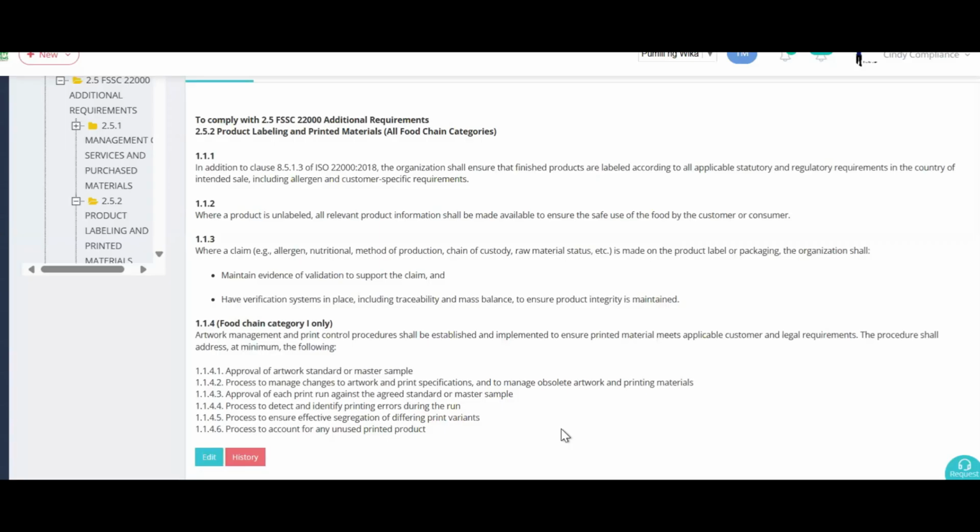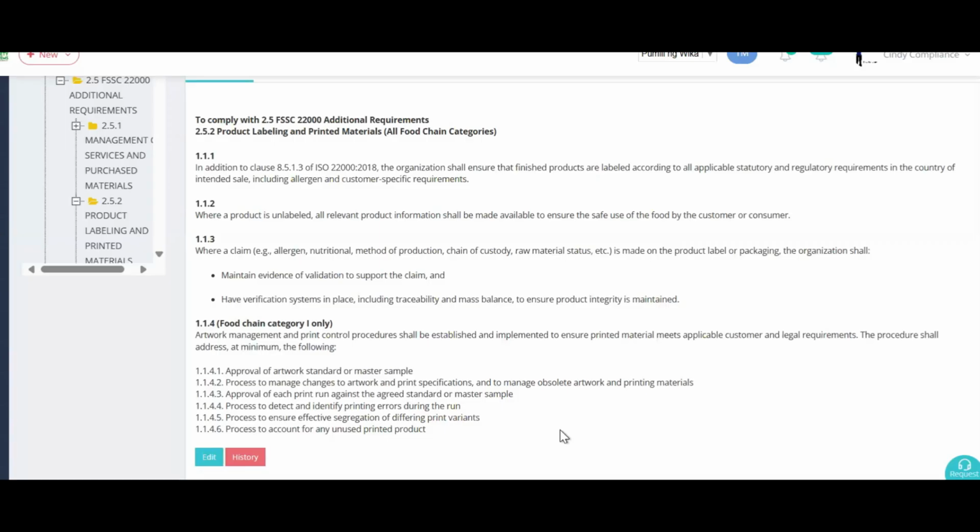Approval of each print run against the agreed standard or master sample, process to detect and identify printing errors during the run, process to ensure effective segregation of differing print variants, and process to account for any unused printed product.